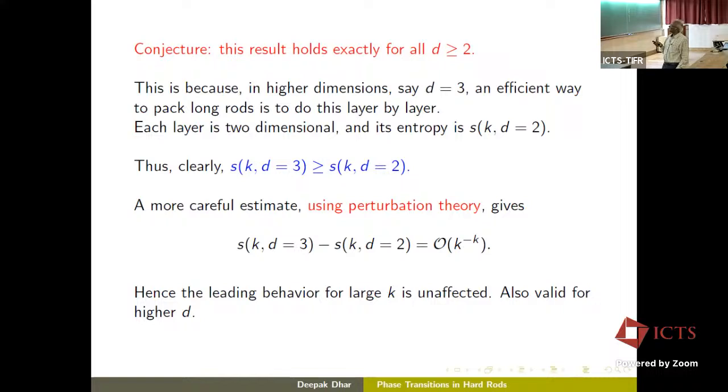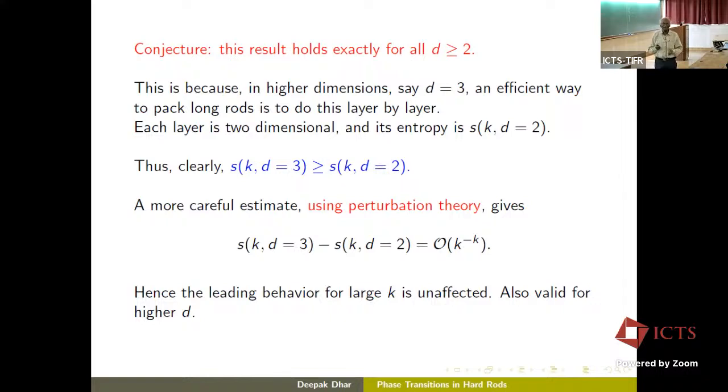And so it is clear that entropy in 3 dimensions is bigger than entropy in 2 dimensions, because you can take each layer and cover it with rods. That will give you the entropy equal to the S of 2. And the total number of ways is bigger than this. But if you see how much is the difference between the 3-dimensional entropy and the 2-dimensional entropy, S for D equal to 3, S for D equal to 2, there is a perturbation theory argument which says that the